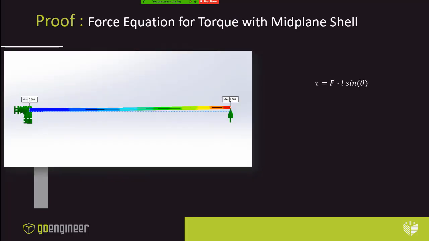And as promised, a very brief, quick physics review on torque. And this is with a mid-plane shell. You can see that black line in the middle of this, basically assuming a sheet metal part as just a flat piece. And to make the math easy, along this axis, we're just going to call that the resting position of theta, being 90 degrees. And so over that length of 150,